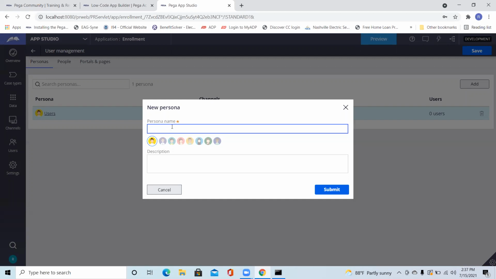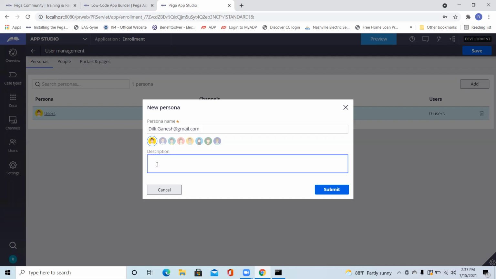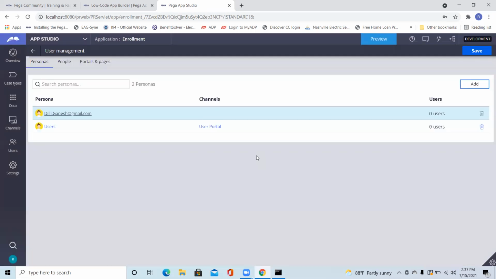So let's say I will create here, Ganesh, let's say @gmail.com, description. Repeat these steps when you have free time. So what it does is it creates the user.